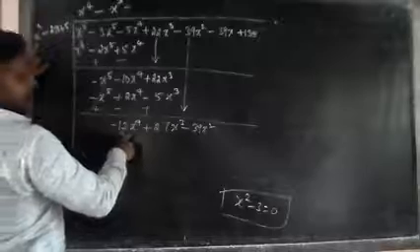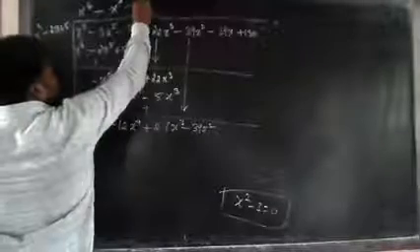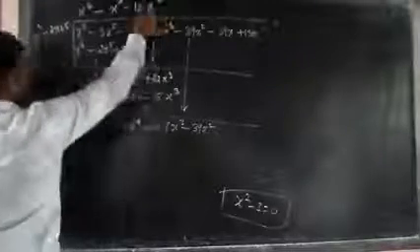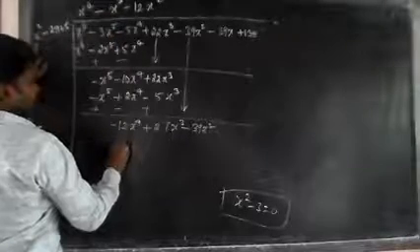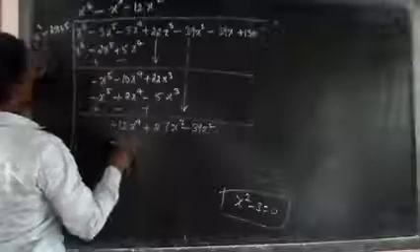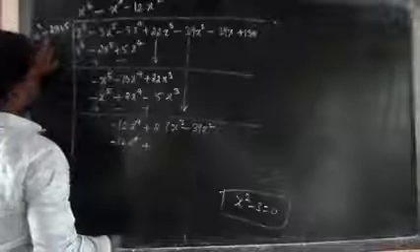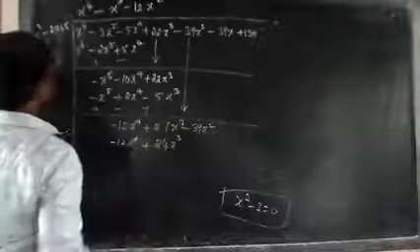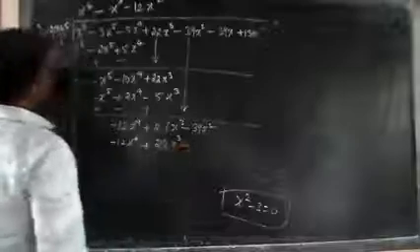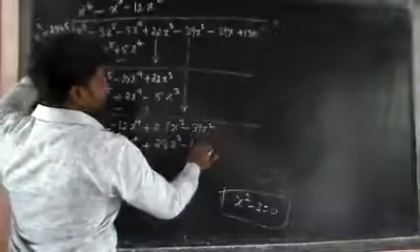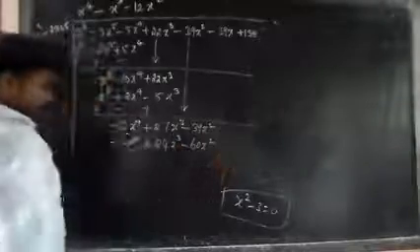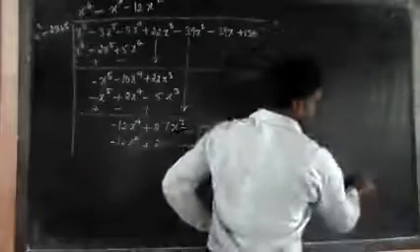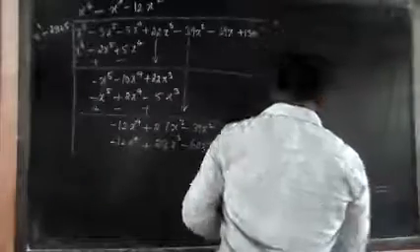Here x square in what? x to the power 4. 12 is there. So 12x square. Plus into minus is minus. Minus 12x to the power 4. Minus into minus is plus. 2 12s are 24, 24x cube. Then minus 5 12s are 60, 60x square. Clear? This equation is x square minus 3 is equal to 0.